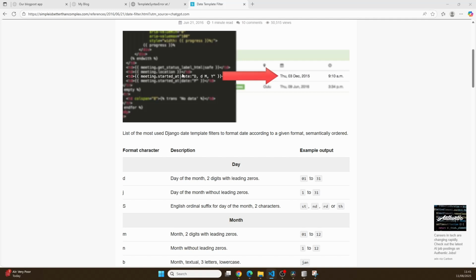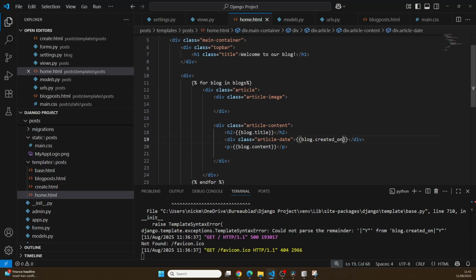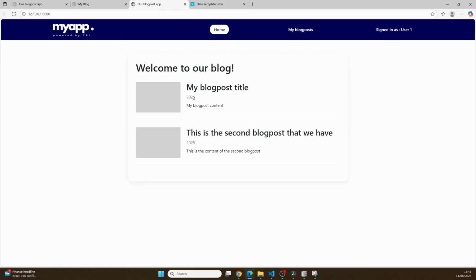So as an example, if you would do a slash and then date, and then would only do the capital Y, then that should mean that we only get the year with 4 digits. So if we go to our home.html page and I would do the colon and I would say date and then a colon and then would only specify a Y in a capital, that means that we only get 2025